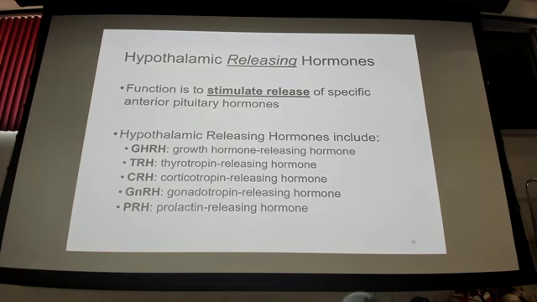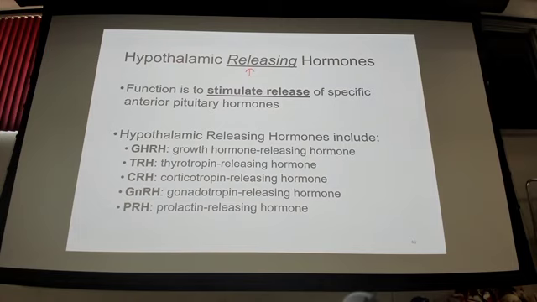So, two different broad categories: releasing or stimulating hormones, and then inhibiting hormones. Let's talk about names. Growth hormone releasing hormone. What do you think it tells the pituitary to do? Release growth hormone. Yes, and I'm not trying to be stupid. Honestly, walking through these will help you understand. Thyrotropin releasing hormone has to do with the thyroid.